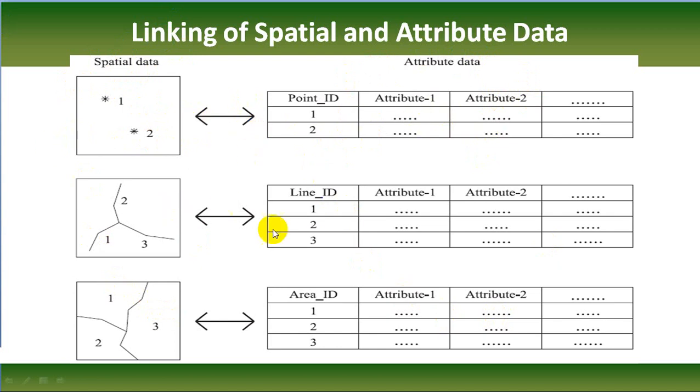Once the spatial database and attribute database are joined, your data is ready for analysis. So this workflow is called the process of GIS, and as I told you earlier, most of the time you have to spend on this data processing.